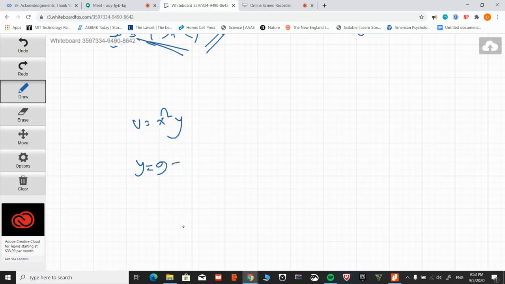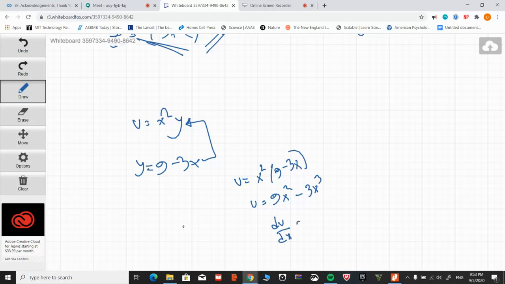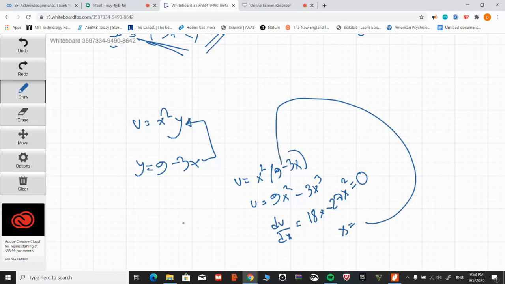y equals to 9 minus 3x. I'm gonna substitute it here. So u is equals to x square times 9 minus 3x. So u is equals to 9x square minus 3x cube. When you differentiate this, this is what you get. তারপর এটাকে জিরো করবা, x এর ভ্যালু বের করে একদম এটার ভিতরে আবার বসায় দিবা, তাহলেই তো তুমি স্টেশনারি ভ্যালু অফ u পাচ্ছ।